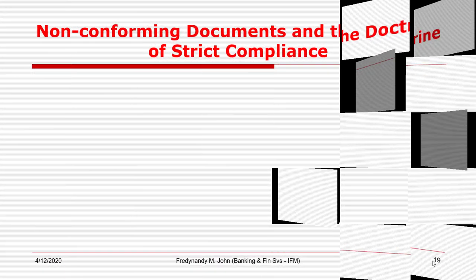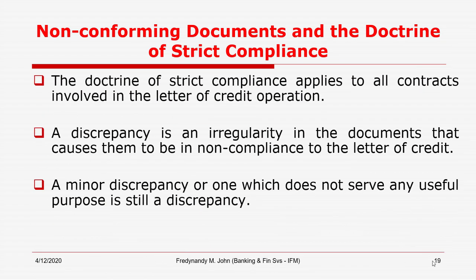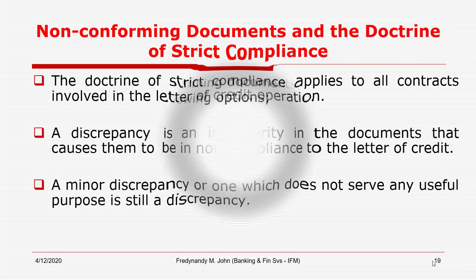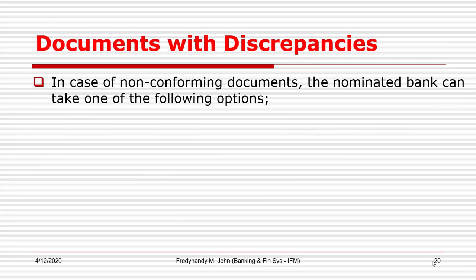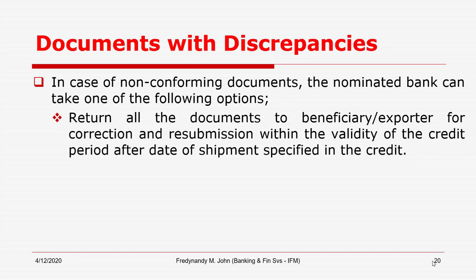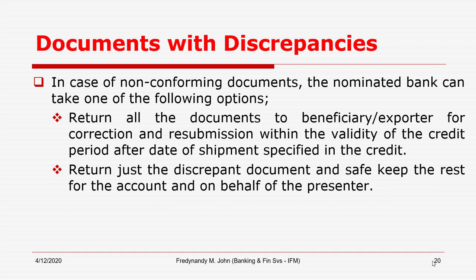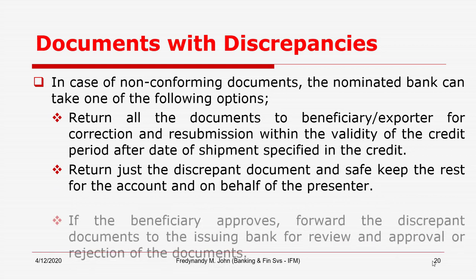For instance, if the documents do not conform with the agreement, even if it is a minor discrepancy, a banker needs to ensure that that discrepancy is corrected before it could make payment, and therefore it can choose to return all documents to the beneficiary, that is the exporter, for him to make correction and do the submission before the letter of credit has expired, or a banker can keep documents that are intact and return back only documents